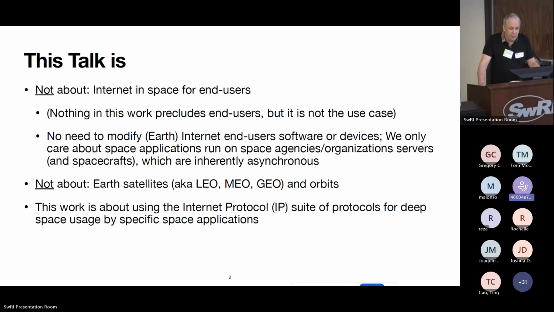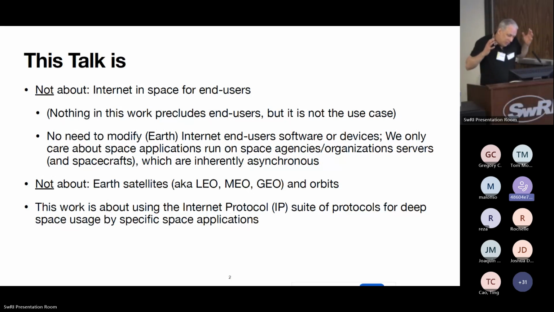So I'm talking about Internet in space, or IP technology in space, or the Internet protocol suite in space. But the key point, and often the first thing they say, is that browsers won't work in space. You are right. This is not about end users using the Internet in space.